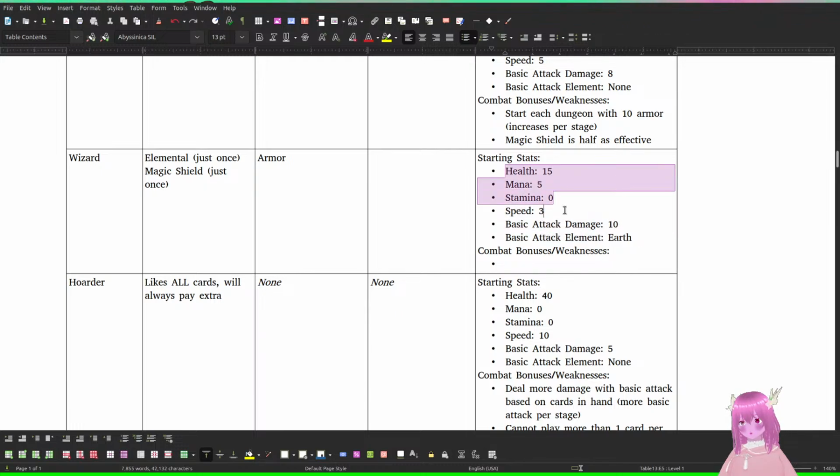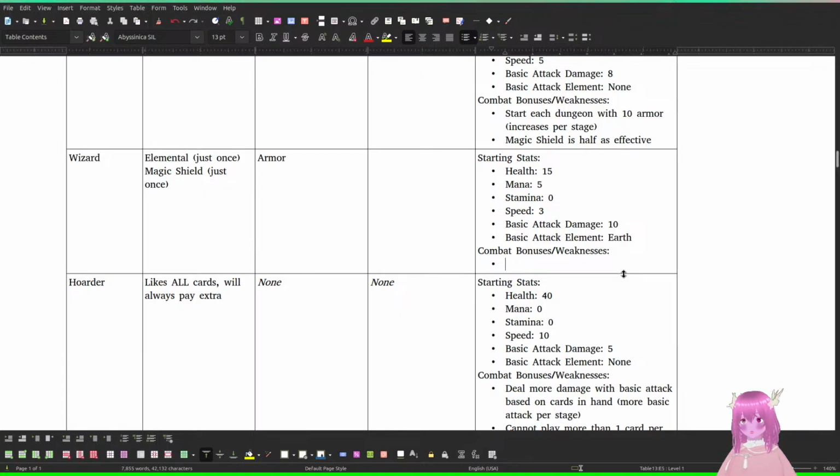So I think that, like, it's a disaster to have a speed of 3. I think that you'll be outsped by everything and go last. So maybe Wind Wizard will be a really good strategy in this game that I'm making.